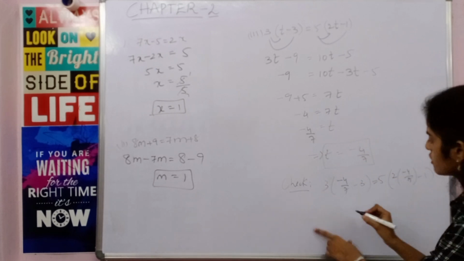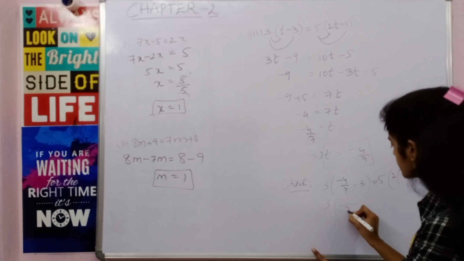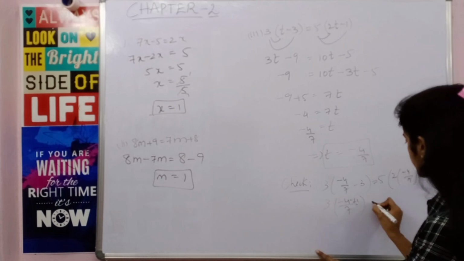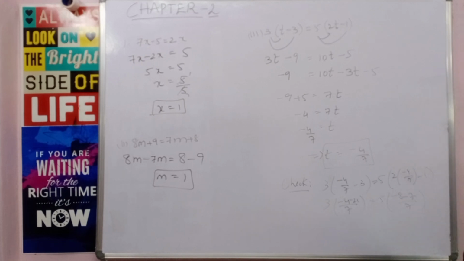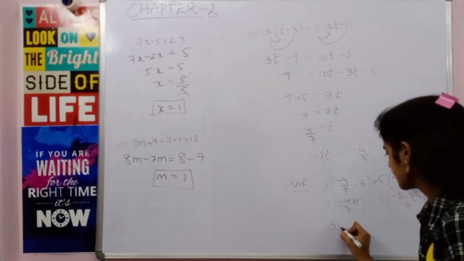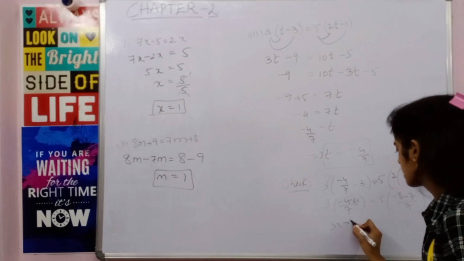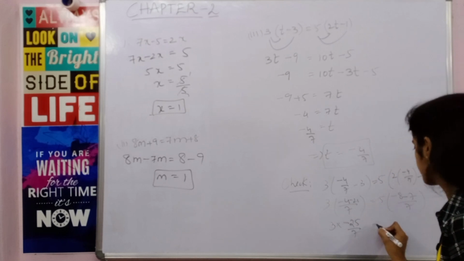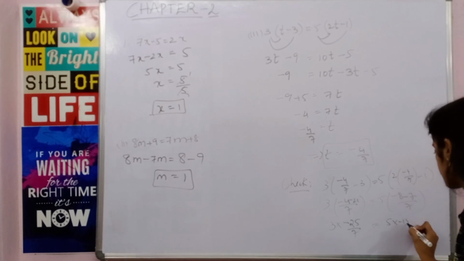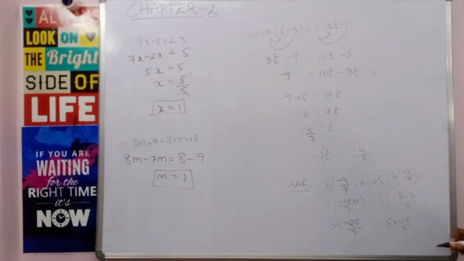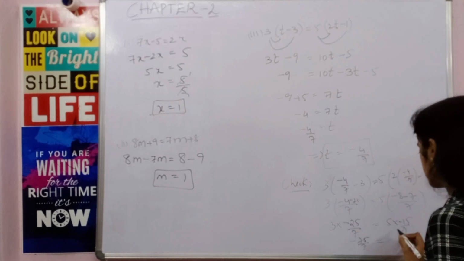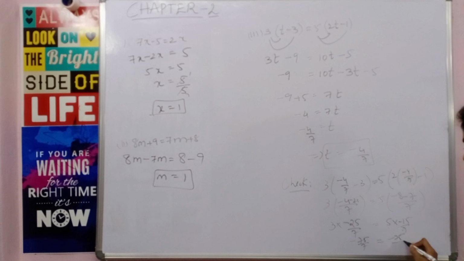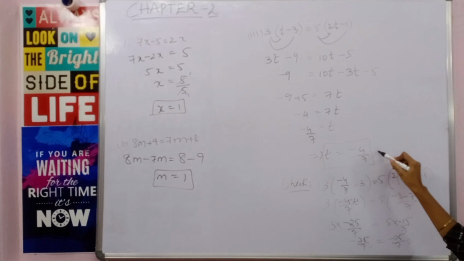Okay, so now let us solve. This is 3 into, now taking LCM, this is 7 as the LCM: minus 4 minus 21 by 7, equal to 5 into minus 8 minus 7 by 7. Clear? So this is nothing but 3 into, now minus 4 minus 21 is minus 25 by 7, equal to 5 into minus 15 by 7. Okay, now solving, you can see 3 25s is 75, so this is minus 75 by 7 equal to, now 5 15s is also 75, so minus 75 by 7. So clearly you got LHS equal to RHS, which means the value of t which you got is correct.